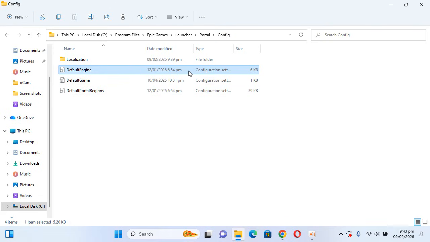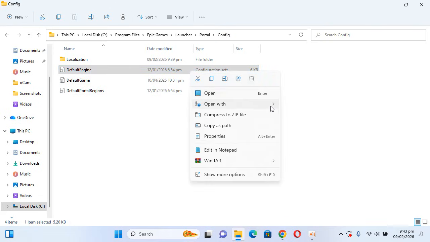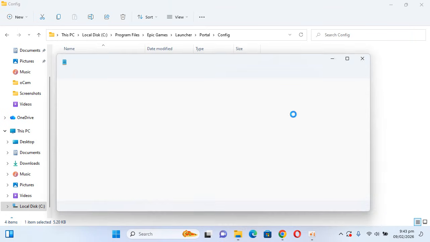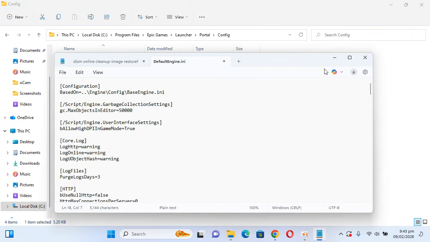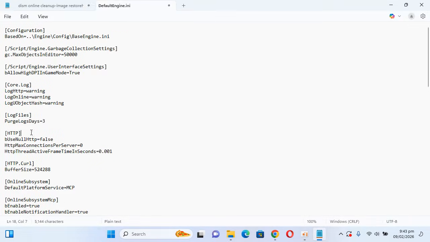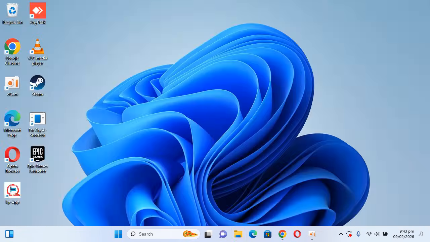Now if you go and open it again, open it. Make sure you don't find that timeout thing. So there is no timeout thing here. Let's go and close this. Close this again. Now restart your computer and try downloading it again, and it would work